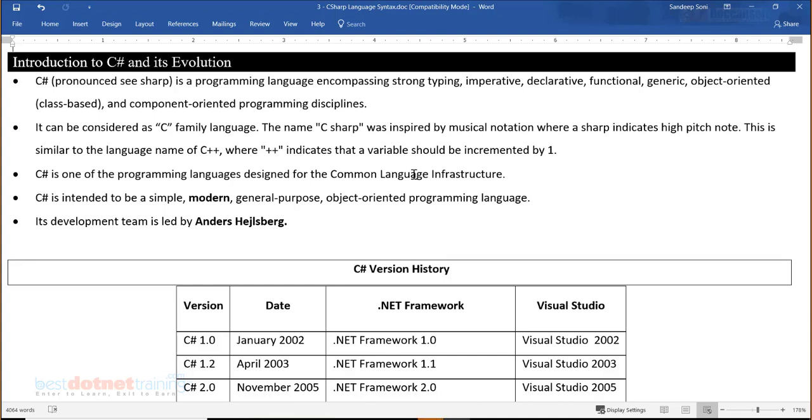But doesn't really matter. It is indeed a very simple programming language. And the beautiful features of strong typing, imperative, declarative programming practices, functional, basically we can write functions. We have a lot of generics, which are again a feature. It's a completely object-oriented programming language. And of course, now using C Sharp, we not only do small things, maybe as simple as building a simple console-based application. We can also use C Sharp for every other type of application development in .NET.